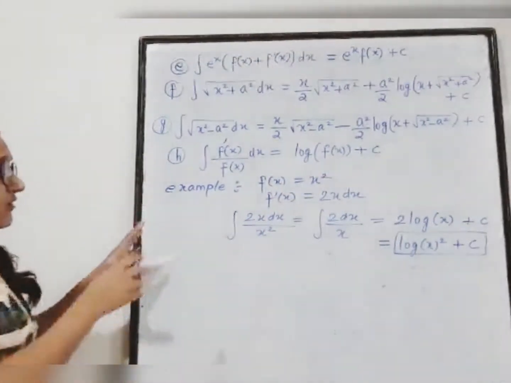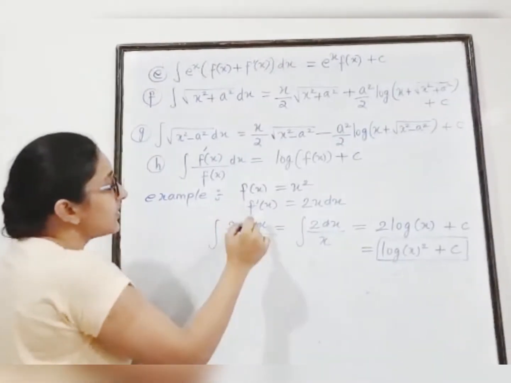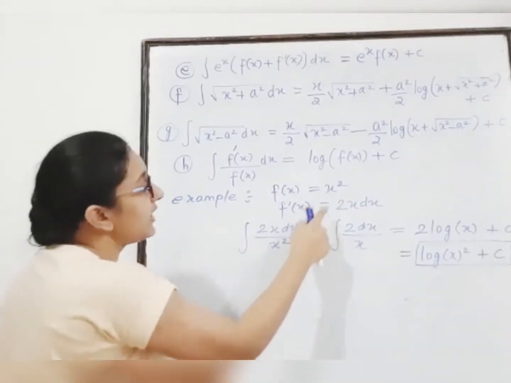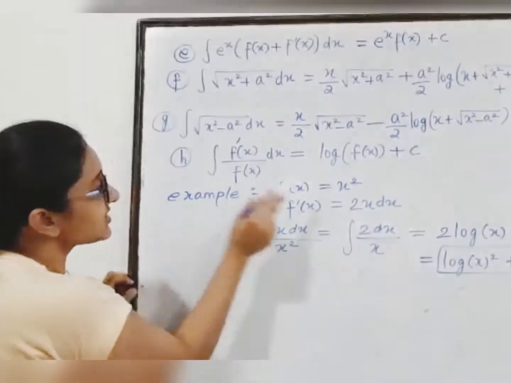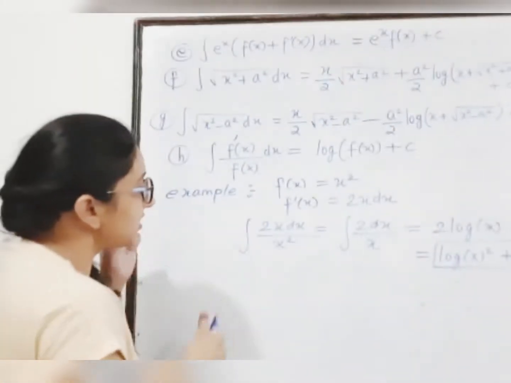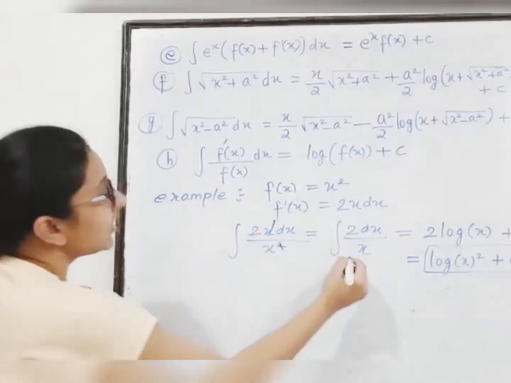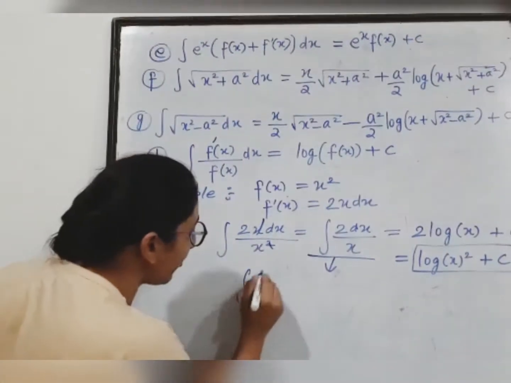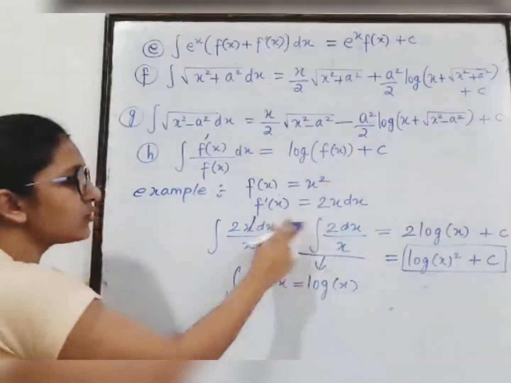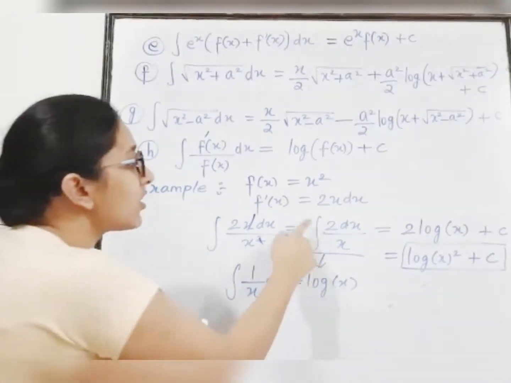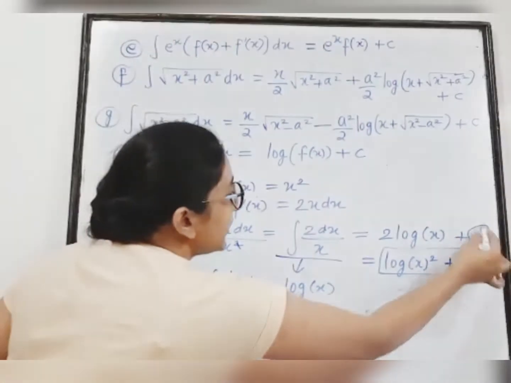Now let's solve this with the help of an example. If I take f of x function as x square, then we know the differentiation f dash x will be 2x dx. Now f dash x is substituted as 2x dx and f of x is substituted as x square. Now this x gets cancelled with 1 x and it remains 2 dx divided by x. We all know here we can use the formula integration of 1 by x dx equals log x. And since 2 is in the numerator, which is a constant, 2 comes outside of the integration. So it is 2 log x plus c, where c is the constant of integration.